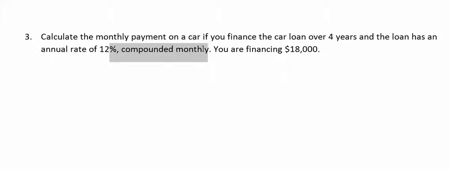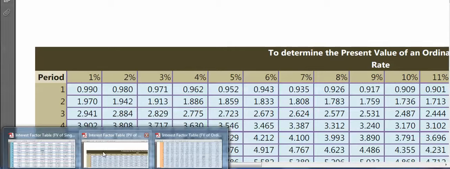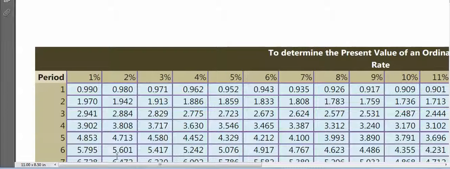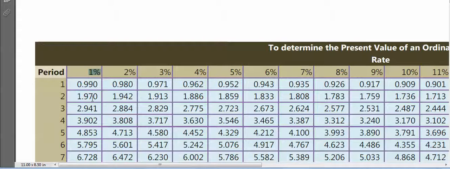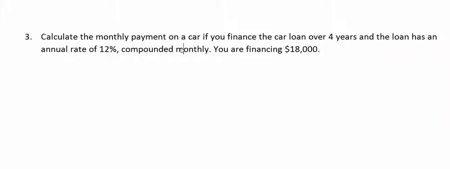Because car loans are typically paid monthly, and because when I go look at my present value of an ordinary annuity interest factor table, which is what I need to deal with a car loan, the lowest interest rate that I have on there is 1%. So when I make up problems that deal with monthly loans, because I only started with a 1% rate on those annuity tables,